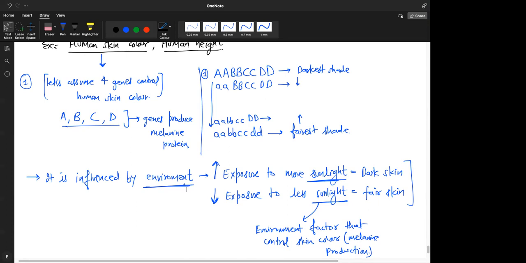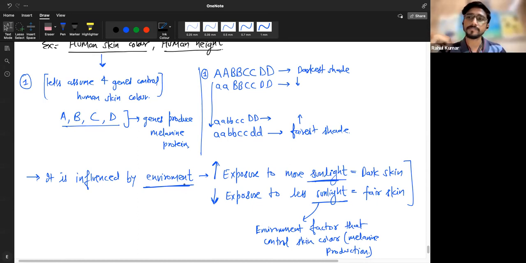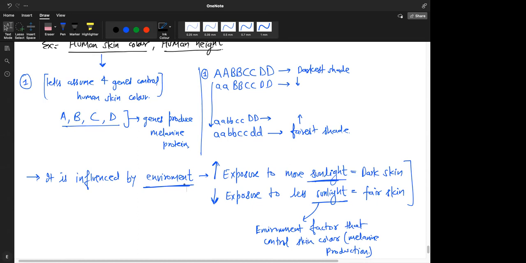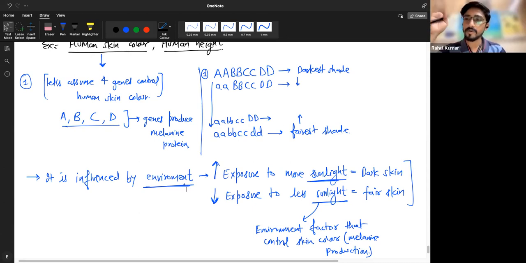So people who are living on mountains, most of the time they are shorter. I'm talking about altitude. You said altitude, no? So altitude